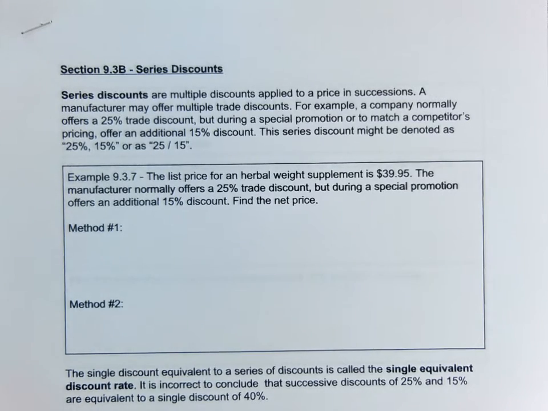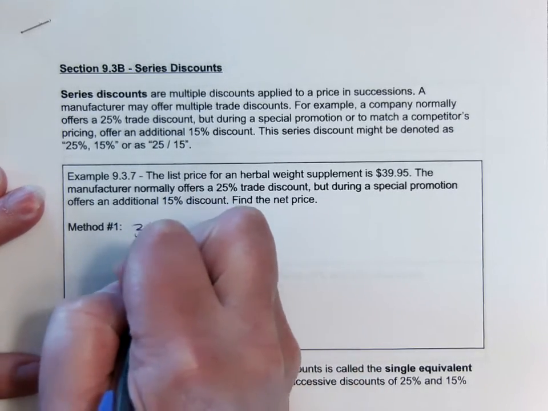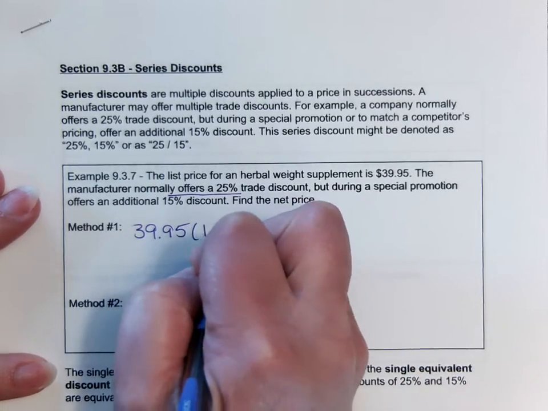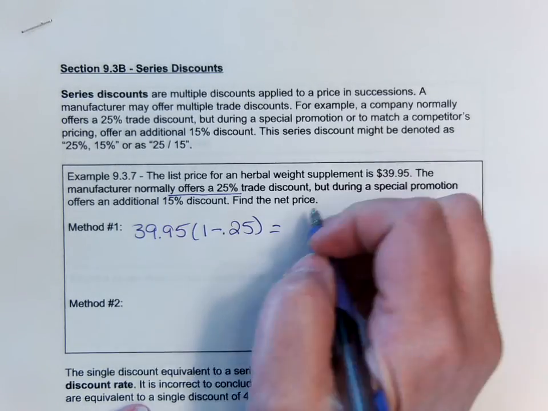So the list price for an herbal weight supplement is $39.95. The manufacturer normally offers a 25% trade discount, but during a special promotion offers an additional 15% discount. Find the net price. So there's two different methods we can go about doing it. There's the long way and then the short way. So let's start with the long way. We start with $39.95, and we're going to do our first discount. So we're going to do 1 minus 0.25. Okay. And that gives us